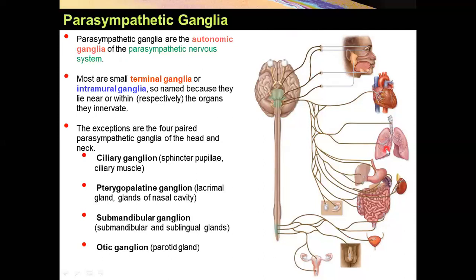If a ganglion is located inside the wall of the organ, it is called intramural ganglia. Again, sacral parasympathetics, and the parasympathetics traveling with the vagus nerve synapse in the terminal and intramural ganglia,